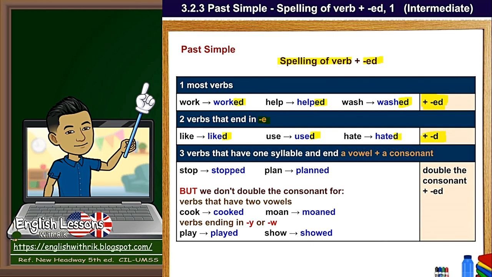For verbs that have one syllable and end with a vowel and a consonant, double the consonant before adding ed. For example, stop, stopped, plan, planned. But we don't double the consonant for verbs that have two vowels, cook, cooked, moan, moaned,